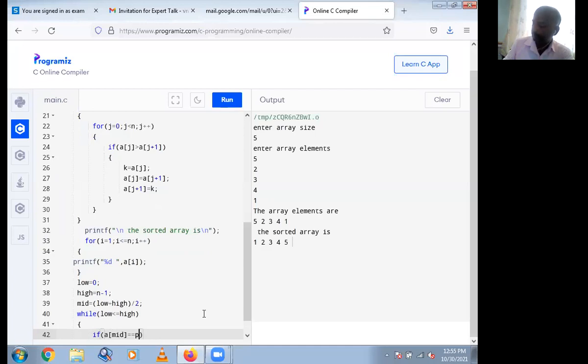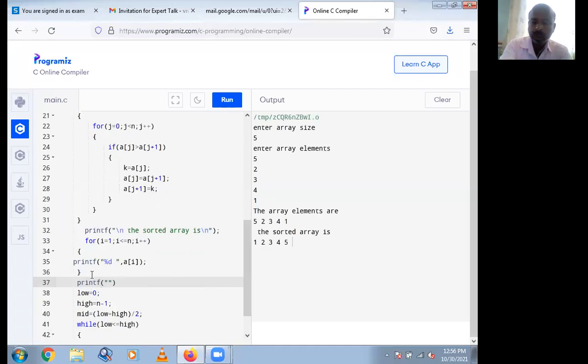Before that, here you have to enter the search key. So printf slash n, enter the number to be searched.